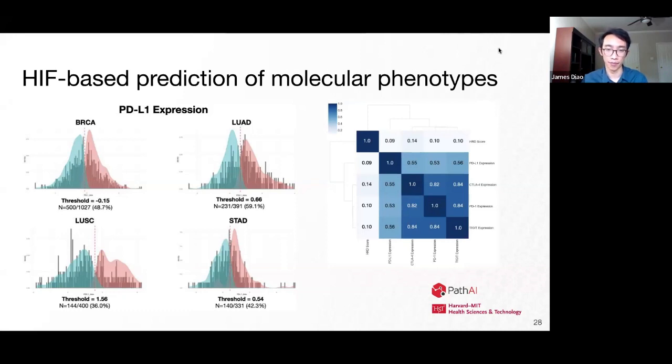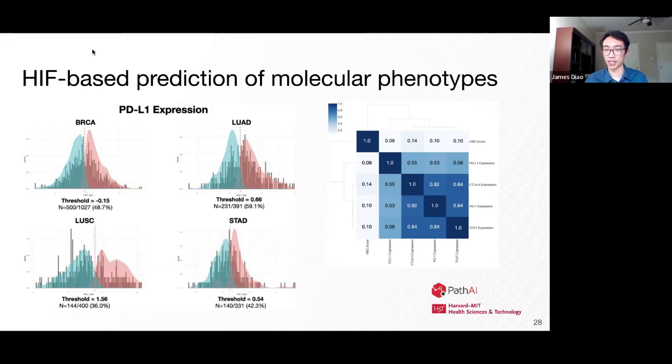And so for some of them, like the first one in BRCA, it ends up being pretty close to the middle because it just looks like a normal distribution. And then for others, like for lung squamous cell carcinoma, it ended up drawing the line where there might be just a little bit of a divot, which ends up making it more of a 2-to-1 split instead of a 1-to-1 split. And then we also wanted to note that there's definitely some interdependency between the different 5